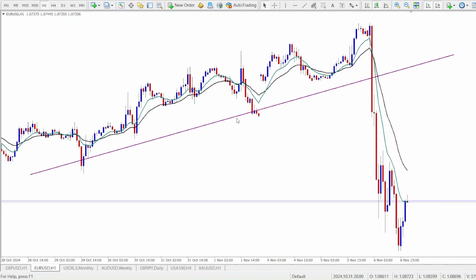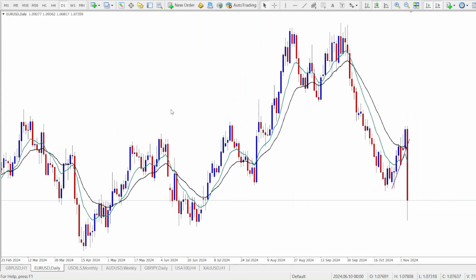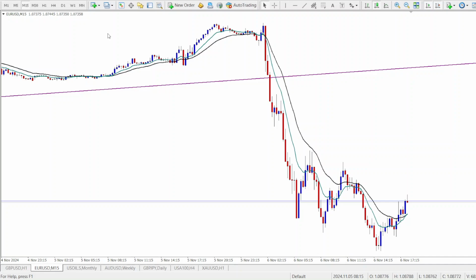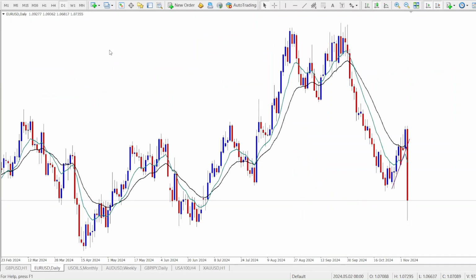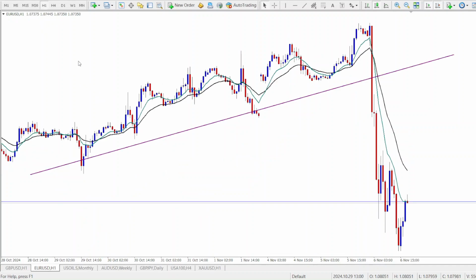The higher the time frame you go, the stronger the trend. For example, if you are on the daily time frame, the strength of the trend there you can't compare to the strength of the trend on the 15 minutes, because the smaller time frames always obey the larger time frames. So as a trader on the 1 hour time frame, in as much as you still have time frames that are bigger than that, which will have stronger trends, you are going to be able to avoid a lot of noise that is found on the smaller time frames while still getting significant price action on the 1